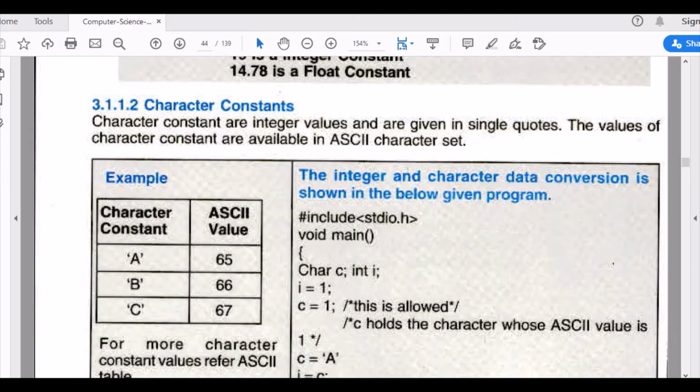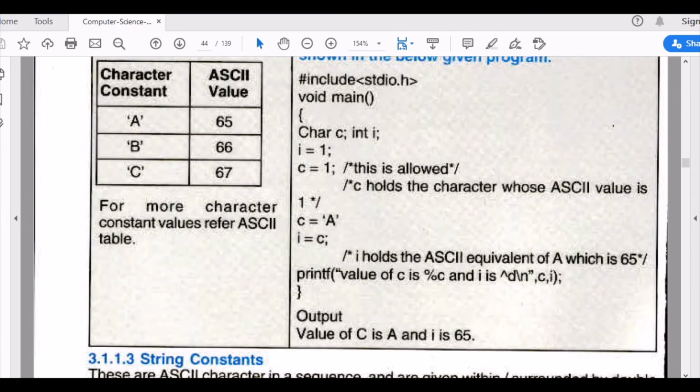Character constant. Now this is important. As we have studied, C language basically works with both middle and high level languages, and it is derived from the ASCII character set. The values of characters like capital A, B, C and small a, b, c are already defined by ASCII values.